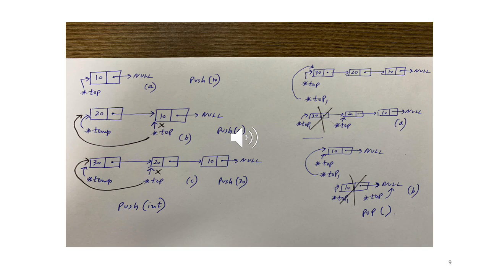Copy to temp, so now temp points to that. Now temp PTR equal to top. So top right now points to node with info 20. So temp arrow PTR equal to top. So now node with the info 30 points to node with info 20. Temp info data, so value of 30 is installed, and top is temp. So now the new top is node with info 30.